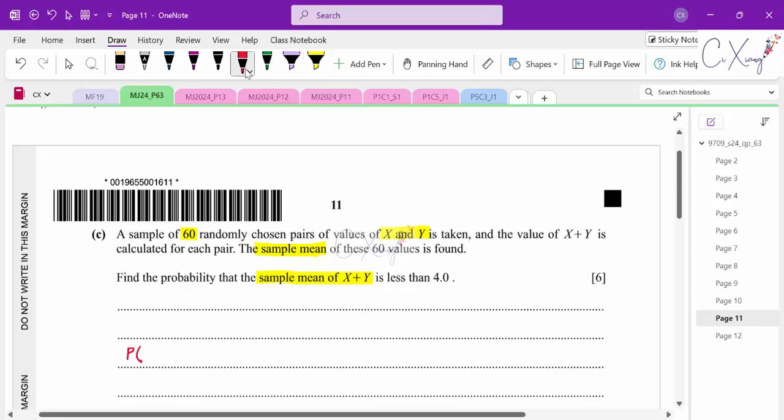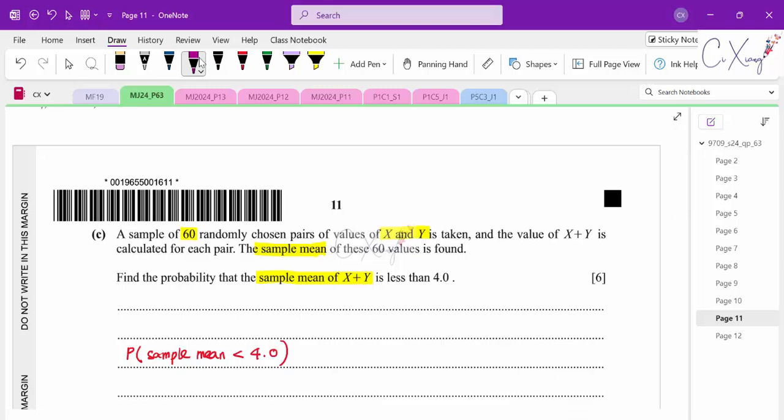They're asking for the sample mean to be less than 4.0. So the keyword is sample mean. They are talking about the sampling distribution in this case. All right, so to get the sampling distribution,